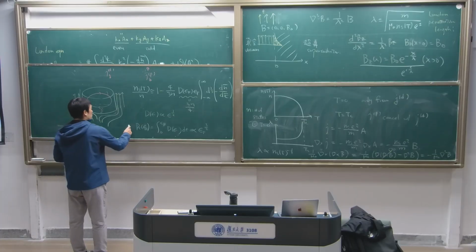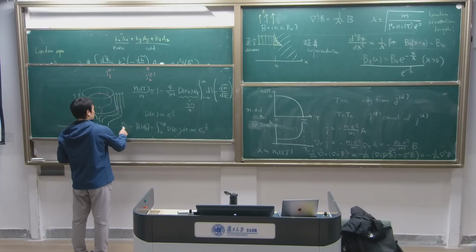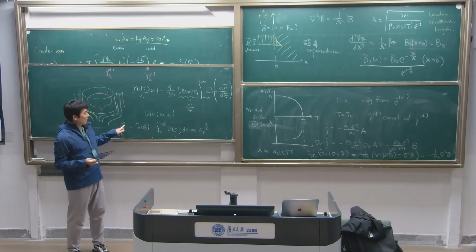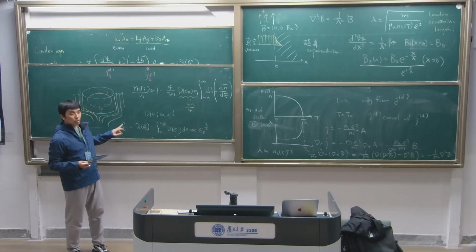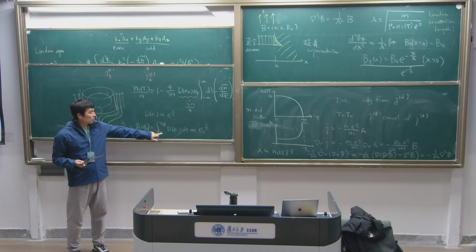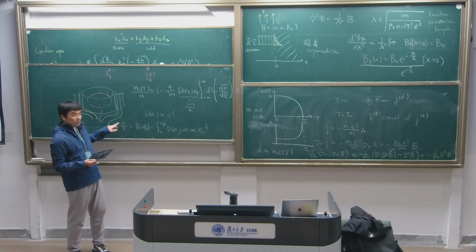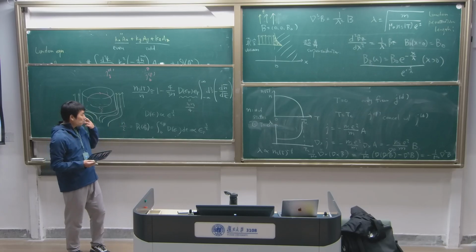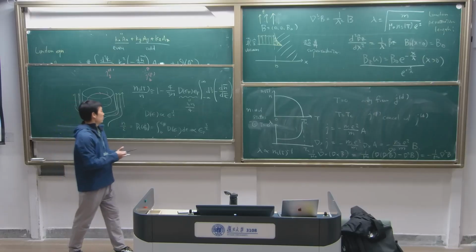And this is equal to n over 2. So the number of states is divided by 2. The 2 is coming from the spin degeneracy. And the integral of the density of states from 0 to the Fermi energy, you get the number of states. Okay? The number of states. And then this should be equal to